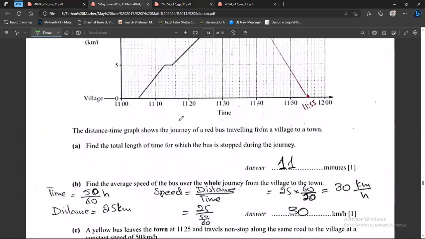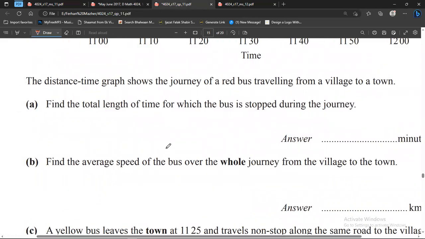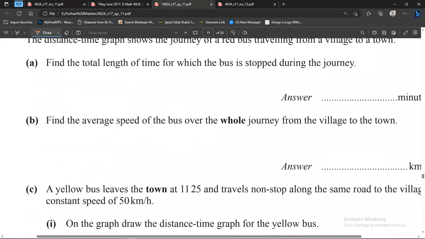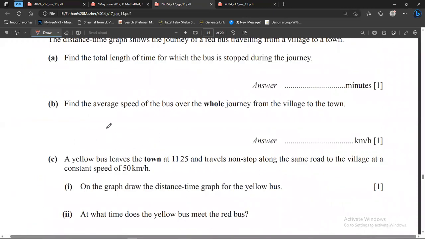Okay. Now we are done with the A part. We are going to the next question. The next question is question number B. And he says, in the B part, find the average speed of the bus over the whole journey from the village to the town. So if you want to find out the average speed of the bus, the method is very